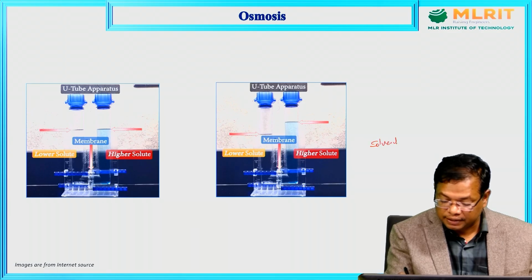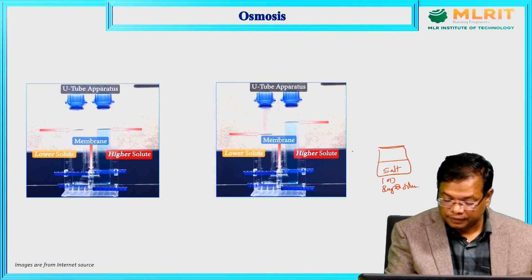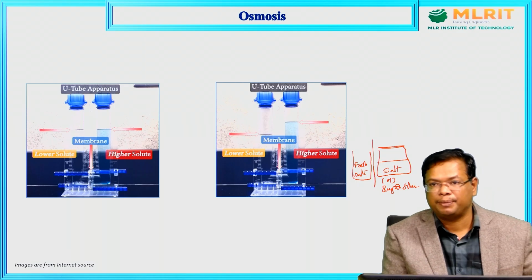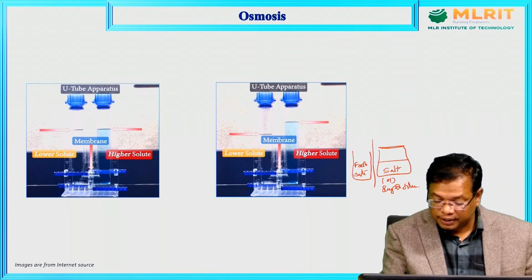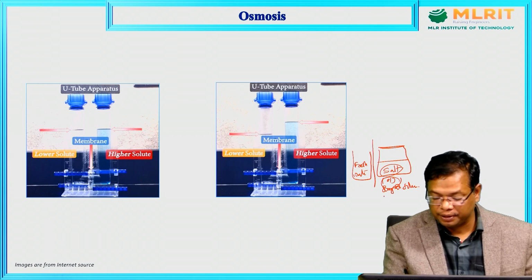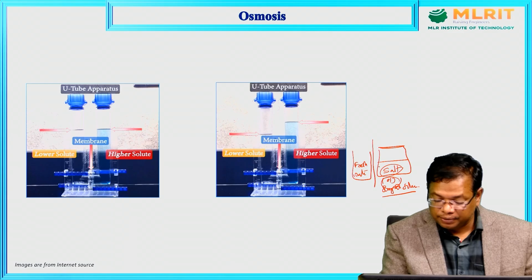Why? Because, suppose a salt solution or sugar solution and here is fresh water, just separated by a semi-permeable membrane. The molecules of the salt or sugar always try to attract this fresh water,